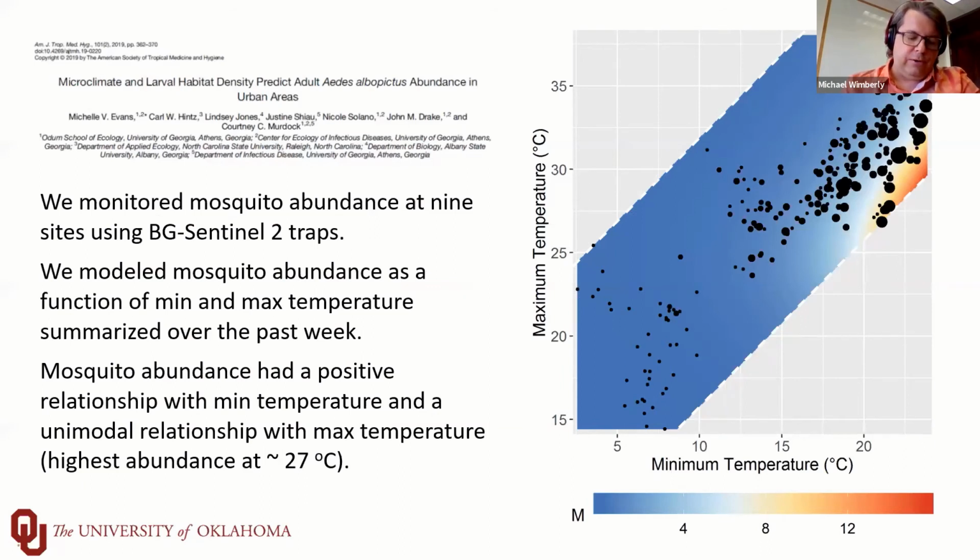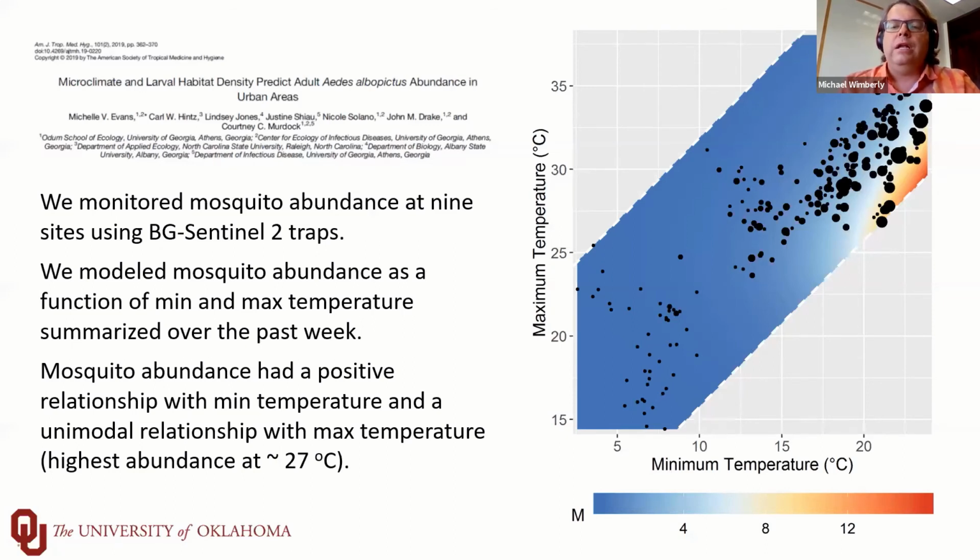And let's see, I'm running a little long, so I will just point out, this is our relationship between, again, microclimate temperature and mosquitoes. So here we've got minimum temperature, maximum temperature. The size of the dots is proportional to the number of the mosquitoes. And we have a kind of smooth response surface here. So the redder it is, the higher the mosquito abundance. So we tend to find these